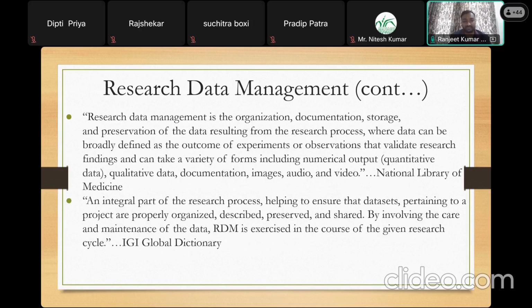These are some of the definitions. The first definition is given by the National Library of Medicine, and I'll just read it. It is self-explanatory. Just focus on the words they have used, and then it will be easier for you to understand. RDM is the organization, documentation, storage, and preservation of data resulting from research processes, where data can be broadly defined as the outcome of experiments or observations that validate